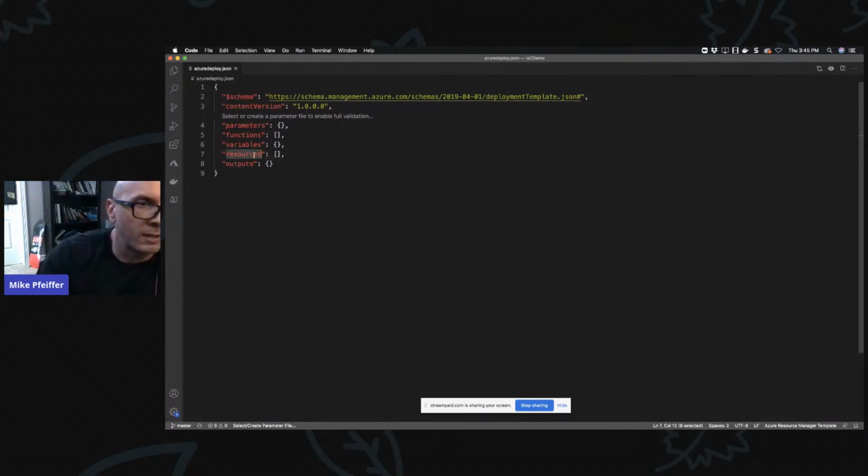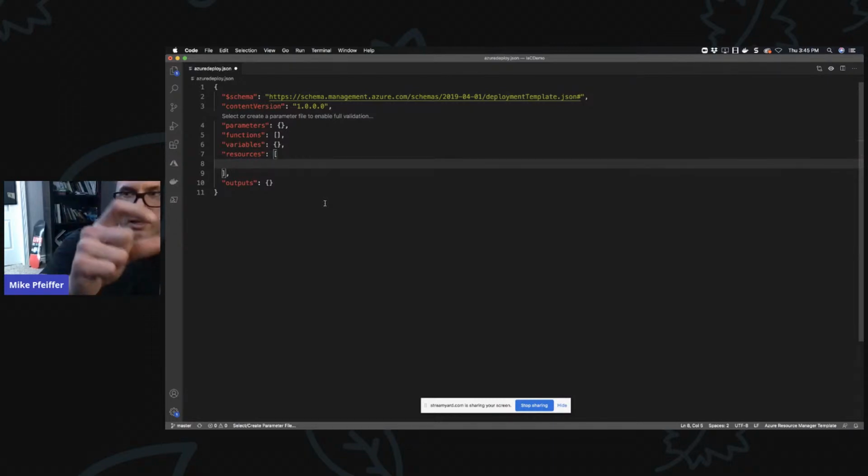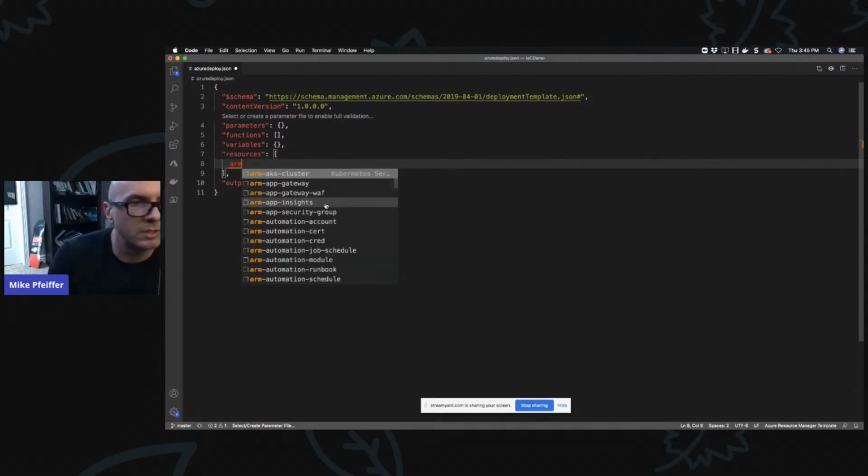All right, so finally, the last important thing here is resources. What are we actually going to target with this? Inside that array, notice it's square brackets. I'm going to hit enter inside my resources block, and they're expecting JSON objects in here to represent my resources in Azure. So I'm just going to type ARM, and I'm going to do one very simple resource so we can focus on what it is we're doing.